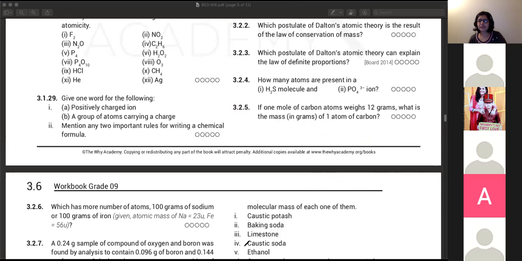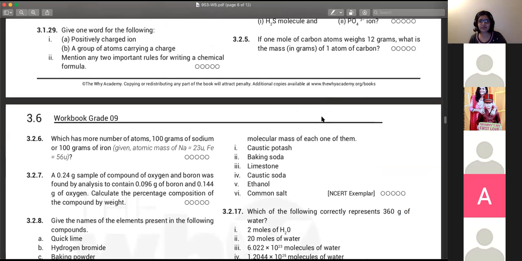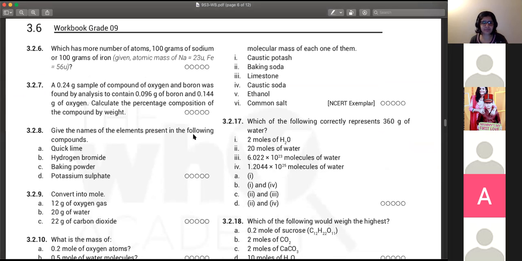Okay. So clarified, Abhi? So we'll go to the next problem. Tanisha and Bhavika, were you guys able to catch 3.2.5? Did you do that problem? Okay, cool. All right.